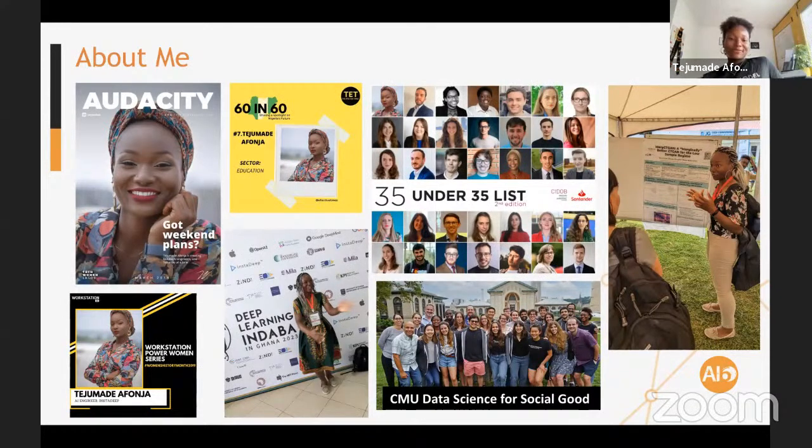I wear many hats. One of them is being a fellow at the 2022 Carnegie Mellon University Data Science for Social Good, a program that invites about 24 fellows from across the world to work on a real-life data science problem with an NGO.